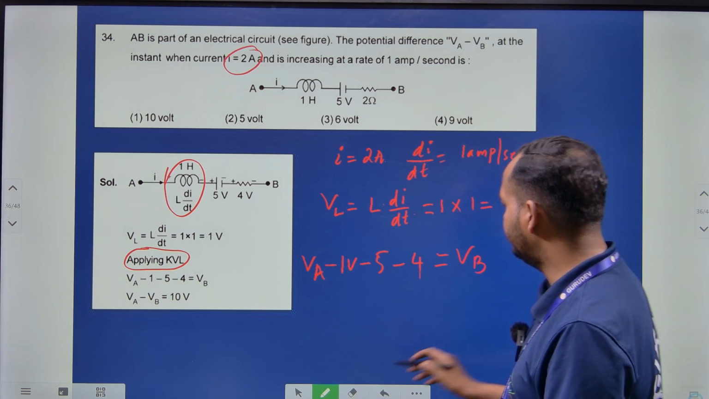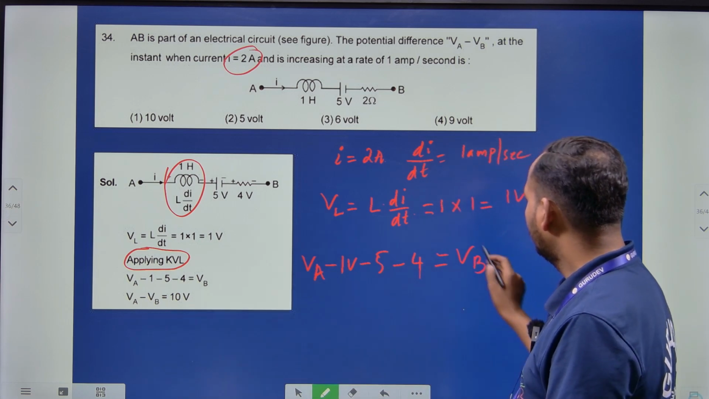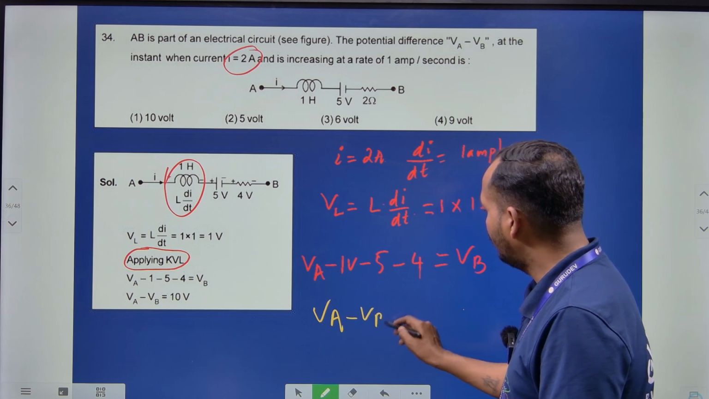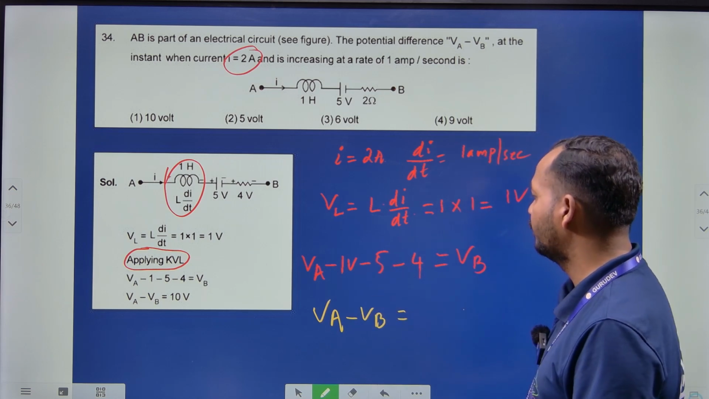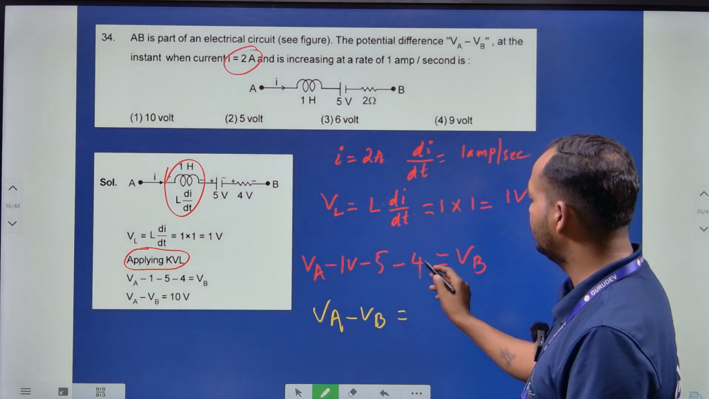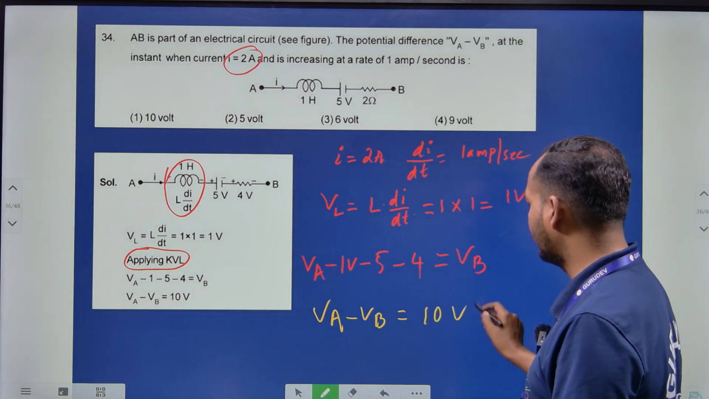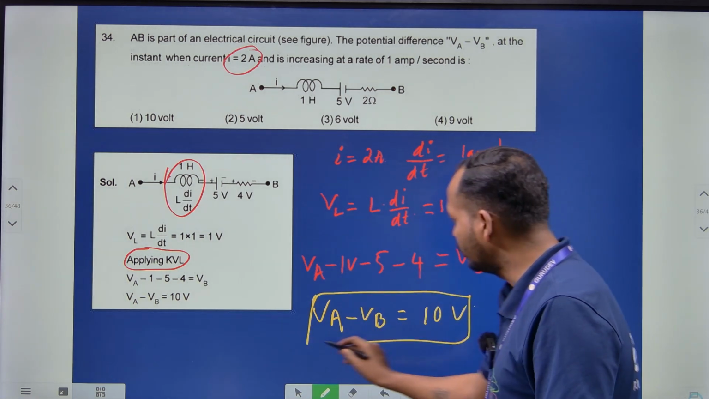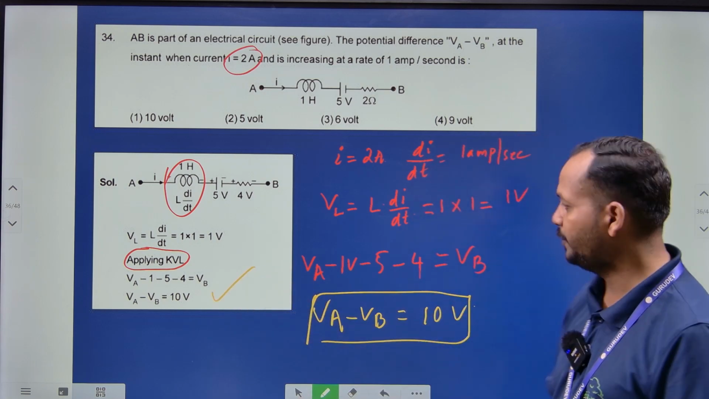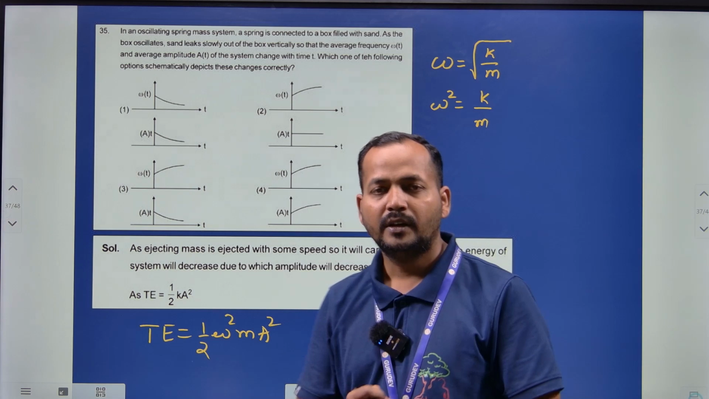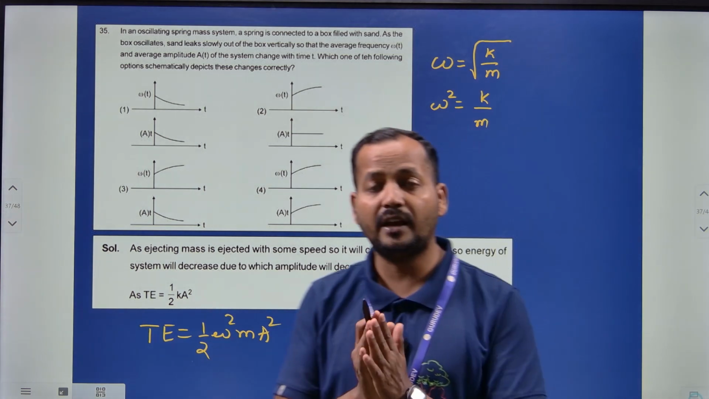तो हम लोग यहाँ पे क्या करेंगे, VA एज इट इज लिखेंगे, माइनस VB यहाँ पे करेंगे, और ये जो टोटल है इधर ले लो, सो 5 प्लस 4 9, 9 प्लस 1 10 वोल्ट हो जाएगा। तो आपका आंसर जो है 10 वोल्ट हो जाएगा, ये आंसर है, ठीक है। यस, नेक्स्ट 35th क्वेश्चन। यहाँ पे आपको ये जो क्वेश्चन है ये ऑसिलेशंस के